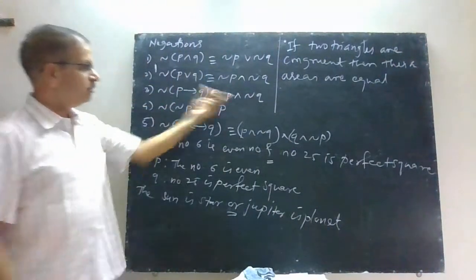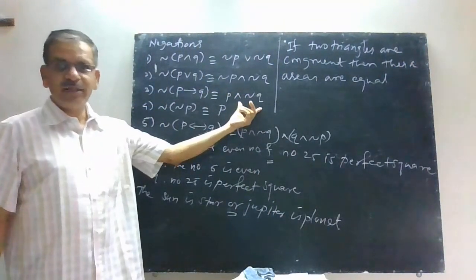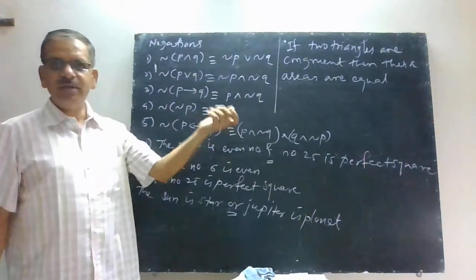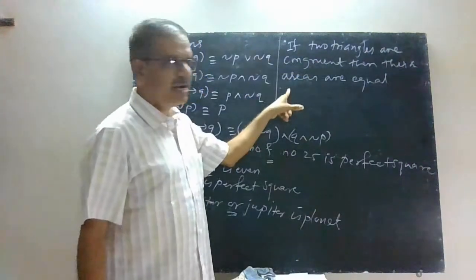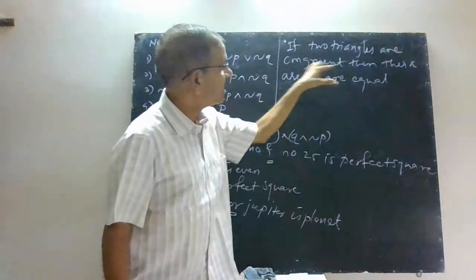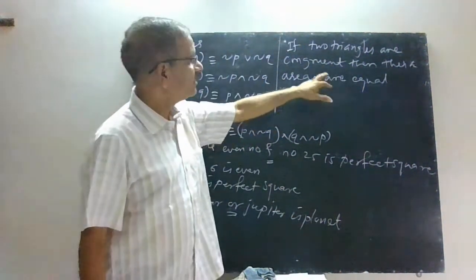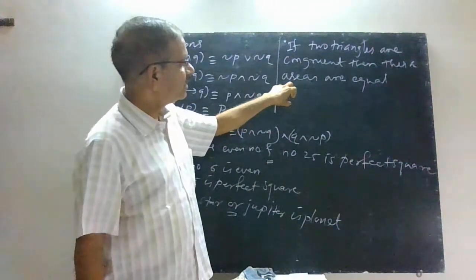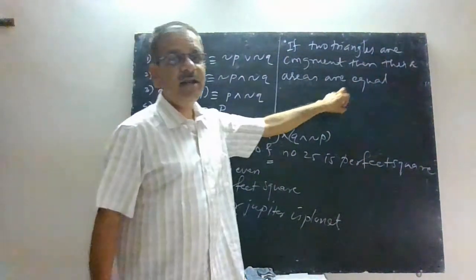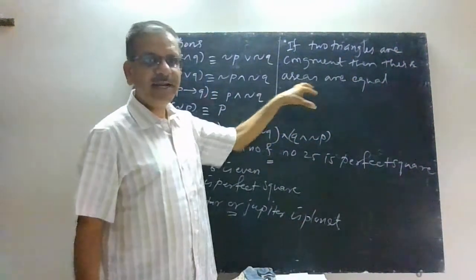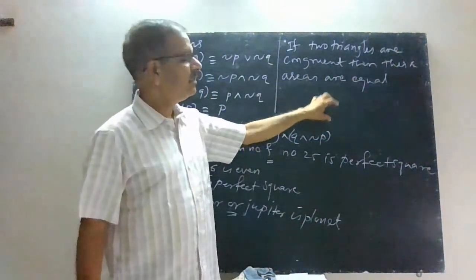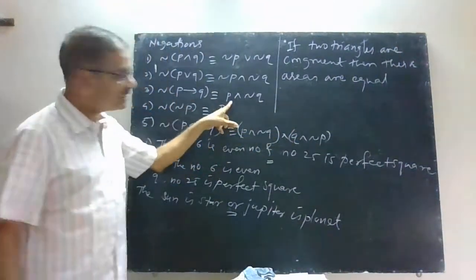Now you have to write down your statement like this, but before that you have to specify what is your P and what is your Q. That means here you write P, two triangles are congruent. "If then" you will not write. And then you write Q, areas of triangles are equal. You will not write "their areas are equal", you will write "areas of triangles are equal", and then you will write a statement of this type.